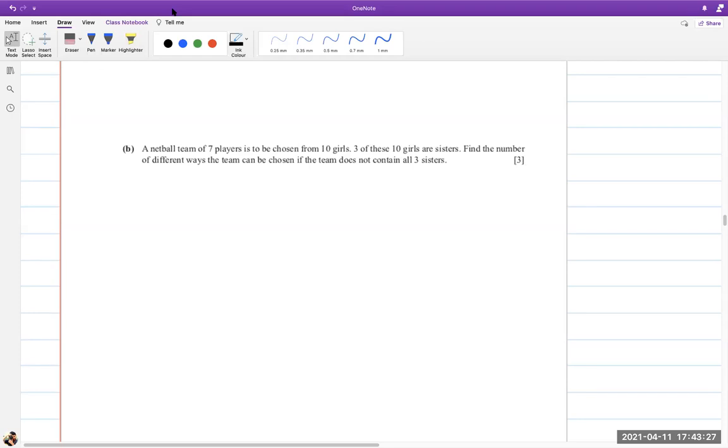The other way I used was to count the teams with no sister, then with 1 sister, and then with 2 sisters, and then you add them all up. Answer same. Yes, you can do that. So one method is with 1 sister, one with 2 sisters, one with 3 sisters, and one with total random. Subtract them and you will find what is possible.